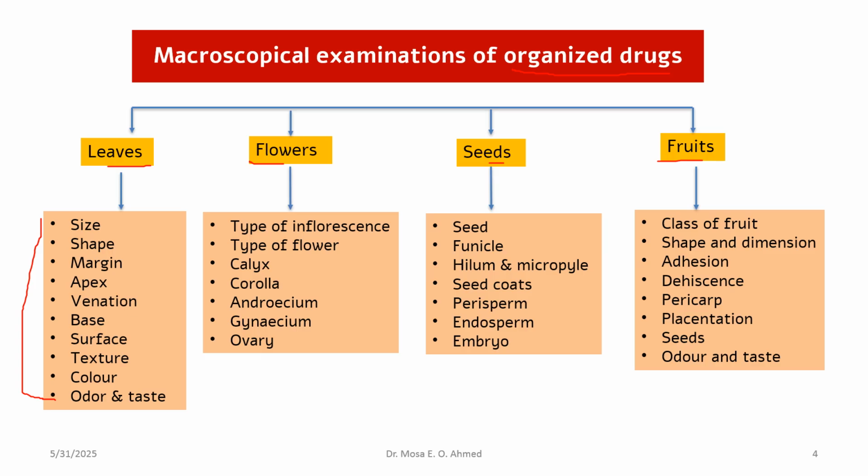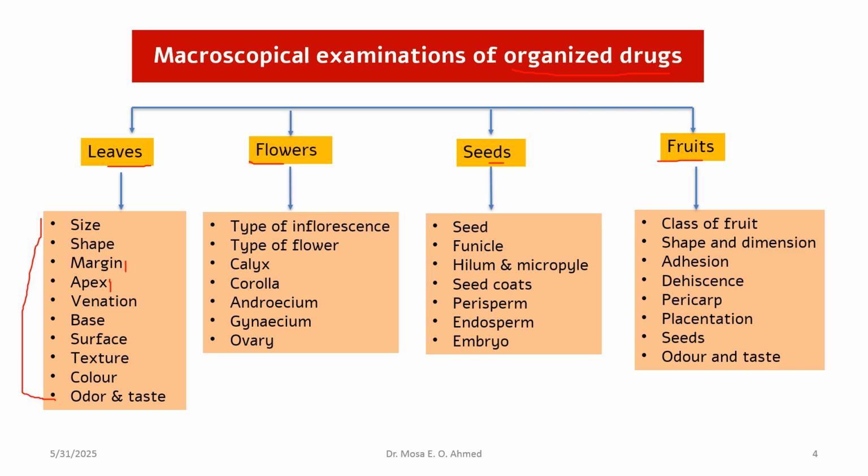Besides the color, shape, and taste, which are the same for the four organs or four parts, for the leaves we have a specific feature on the shape. We can examine the type of margin. Is it entire? Is it serrate? Is it dentate? And so on. And the apex of the leaf is also important for